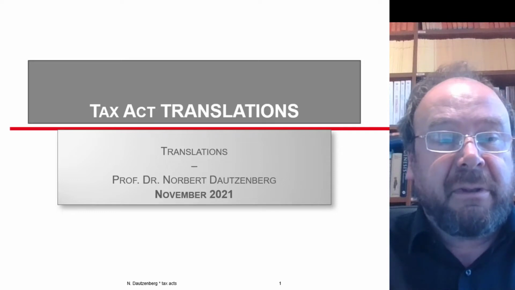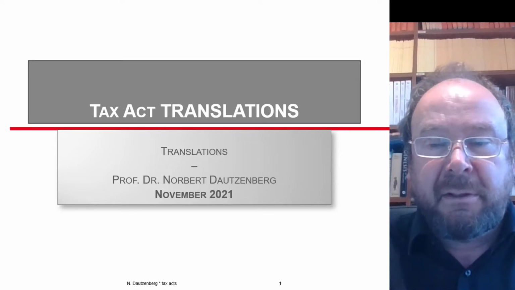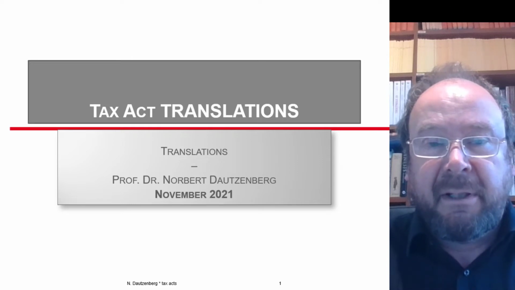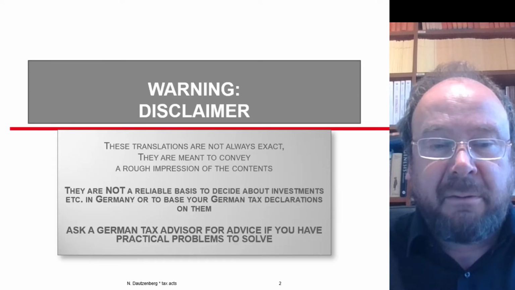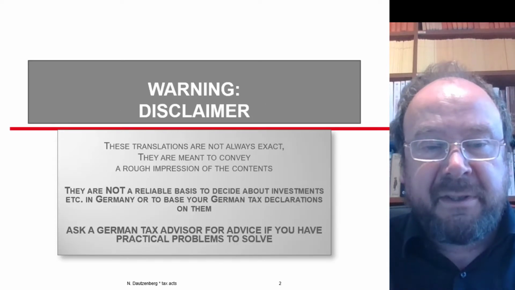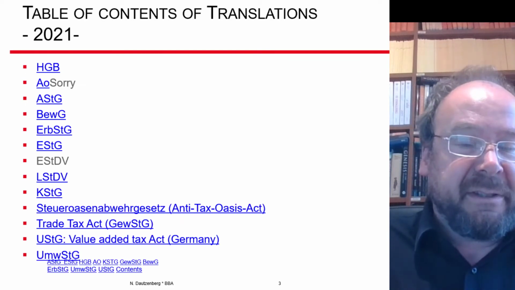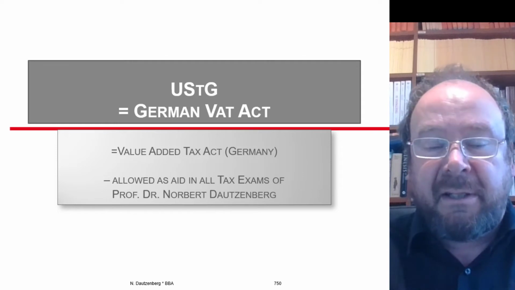And in order to check these things, we take our TaxAct slide translations. You remember these? I even placed them on the internet so that you can look them up. So what we need is the USTG translation,